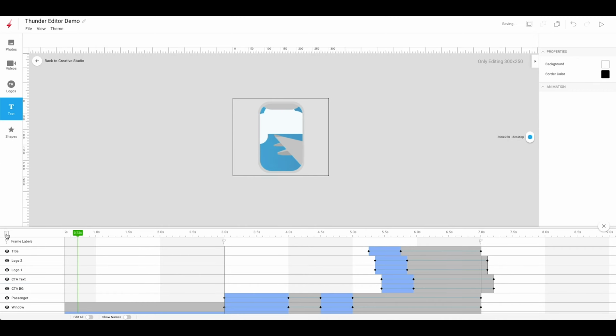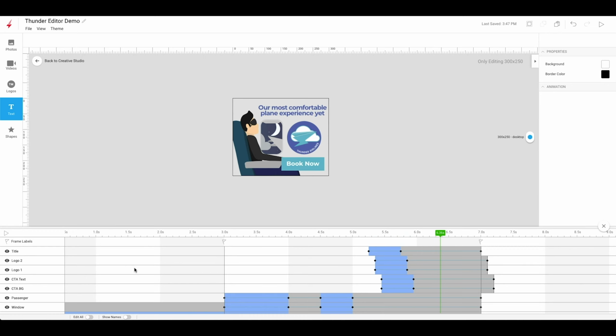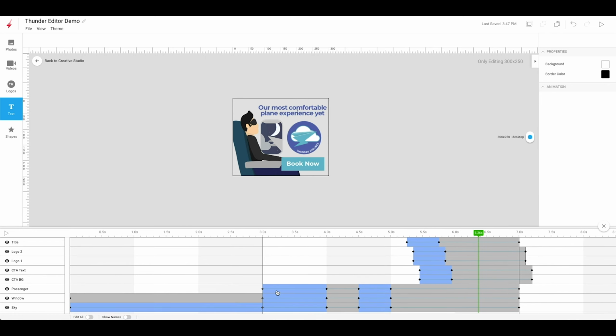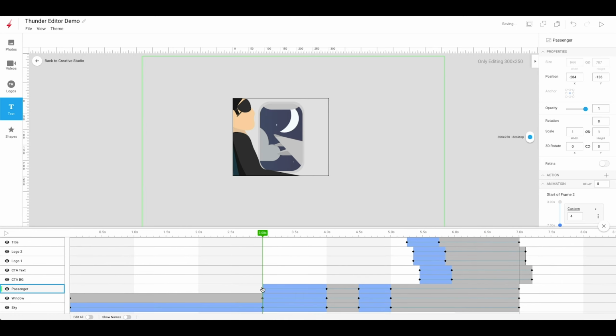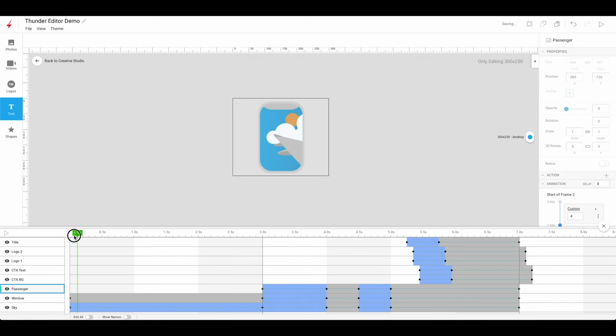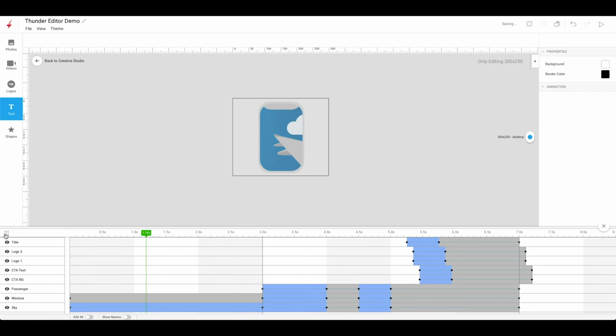So if I drag my scrubber to the beginning and push play, we actually don't want our passenger to appear just like that, so all we have to do is select this first keyframe and drag our opacity down to 0. And if we play again,